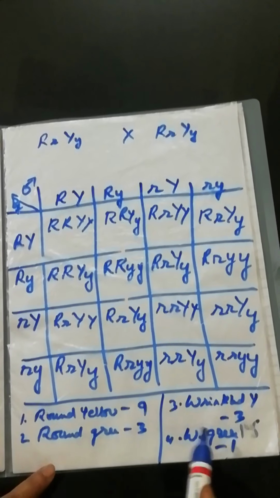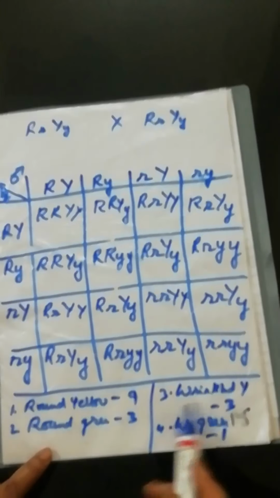Okay. Now, in the next part, I would like to explain how many types of genotypes are found. There are 9 types of genotype. This also I will explain. So, what is the phenotypic ratio? 9:3:3:1. And the genotypic ratio, here I will explain genotypes. Genotypes in F2. Okay. And here I will write their expected phenotype.